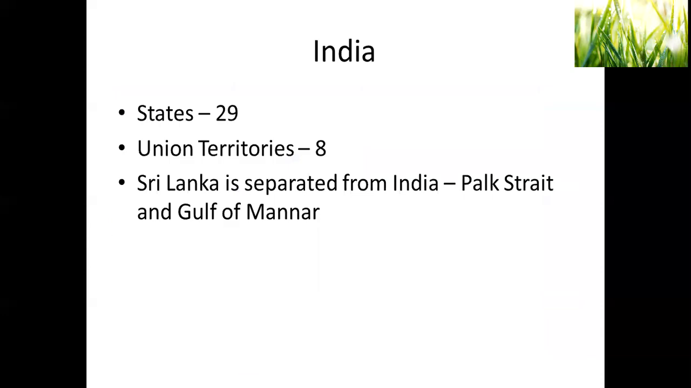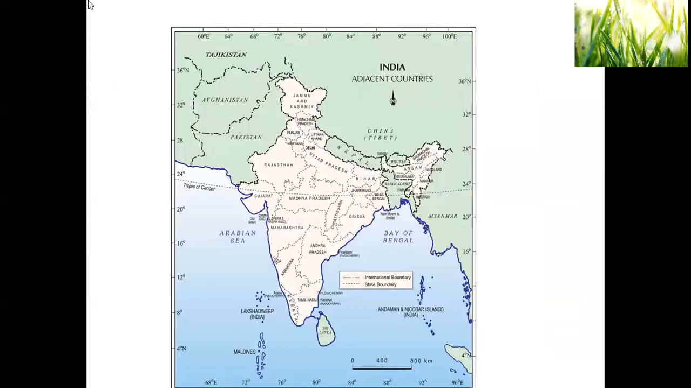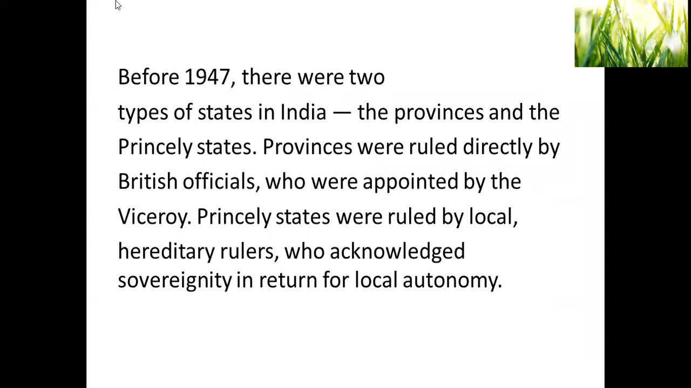So in the book, it still says 7, okay? Union territories are 7, but newly joined Ladakh becomes the 8th union territory. States are 29. Sri Lanka is separated from India by the Palk Strait and Gulf of Mannar. You can see here, you have the Palk Strait and Gulf of Mannar, this place. So here, before